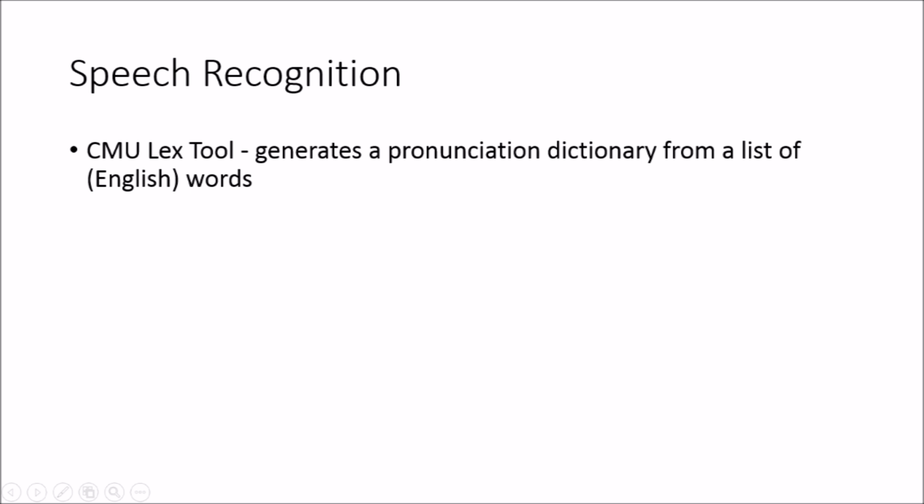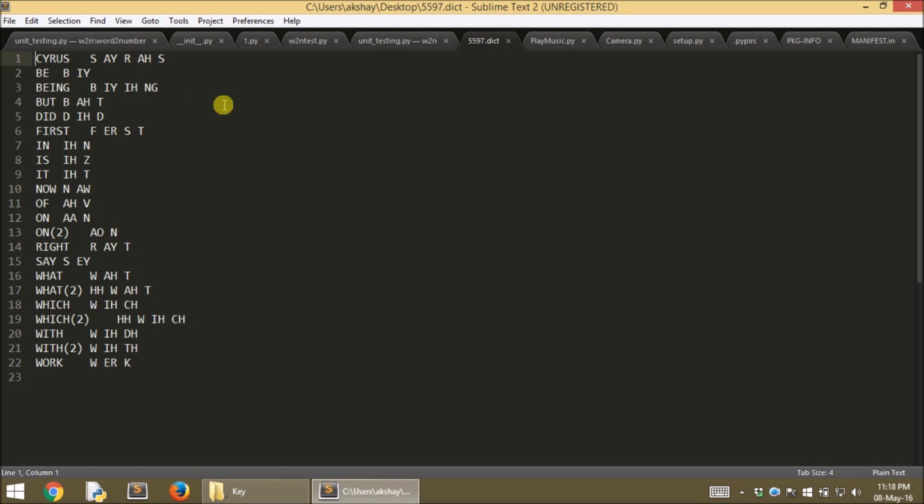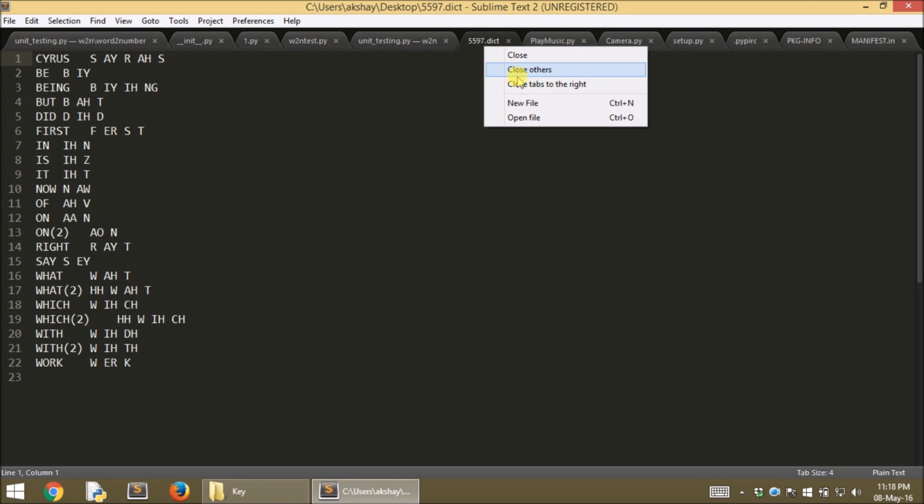In order to implement speech recognition, I used a tool provided for free by Carnegie Mellon University, known as the CMU Lex tool. This tool generates a pronunciation dictionary from a list of words, in a form suitable for use with a speech recognizer. Let us see an example. We have, for example, this list of words, Cyrus being the first word, which is the name by which we identify the machine. These words are given as input to the CMU Lex tool, and the output that we get is